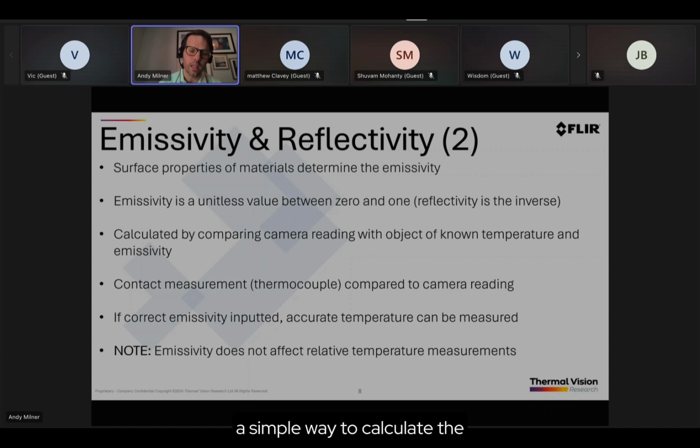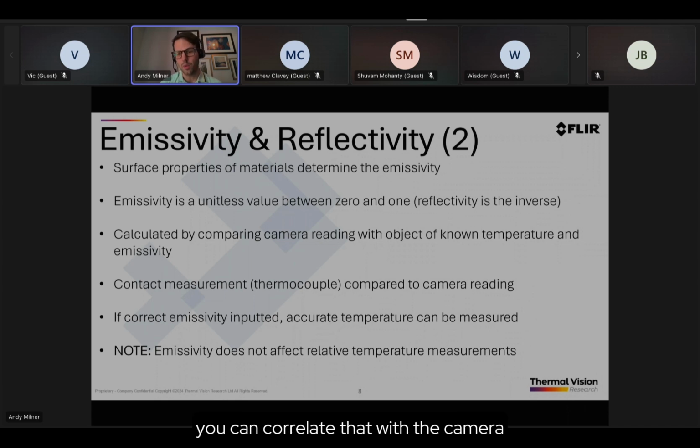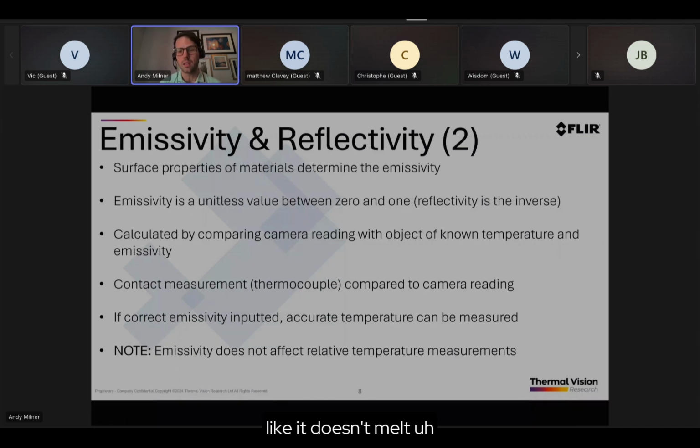A simple way to calculate the emissivity is by comparing the camera reading. You'll have a reading on the camera of the temperature of an object. If you then use a thermocouple or some other contact measuring device, you can correlate that with the camera. By adjusting the emissivity in the software of the camera, you can calculate the actual exact temperature. Once the contact measurement is removed, as long as the surface property stays the same, like it doesn't melt,